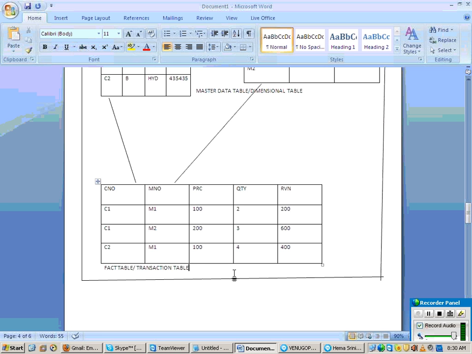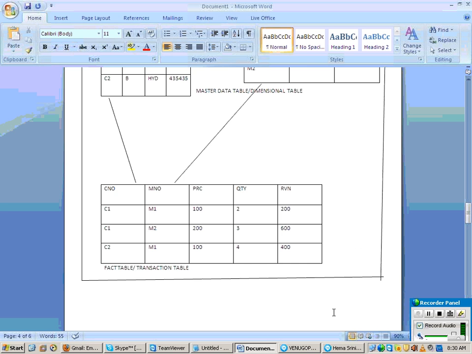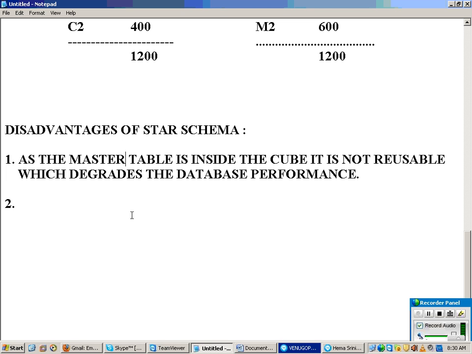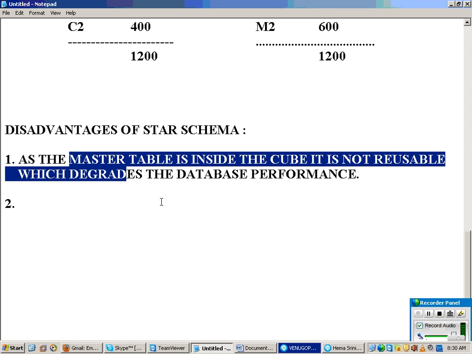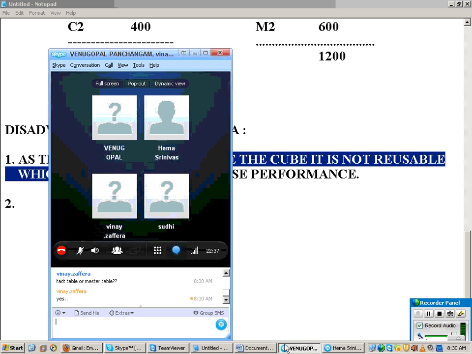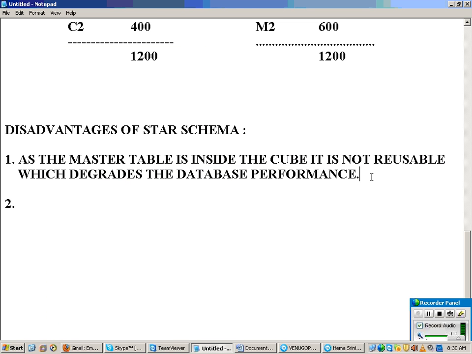The master data reusability concept comes only for the master table. Transactions are different sets of transactions that you are going to store in different cubes. Okay? Clear now? So as the master table is inside the cube, it is not reusable, which degrades your database performance.